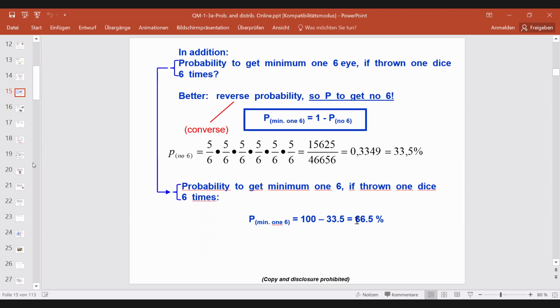The probability to get minimum one six is 66.5%. But the calculation is much easier if you calculate at first the reverse or the converse probability to get no six. And this is the thing which we need in the next examples, and also, of course, in the binomial and Poisson distribution examples further on. But this is what we will do after